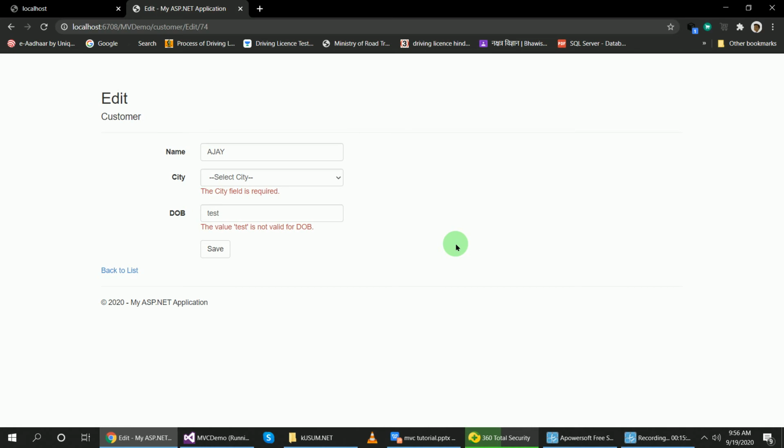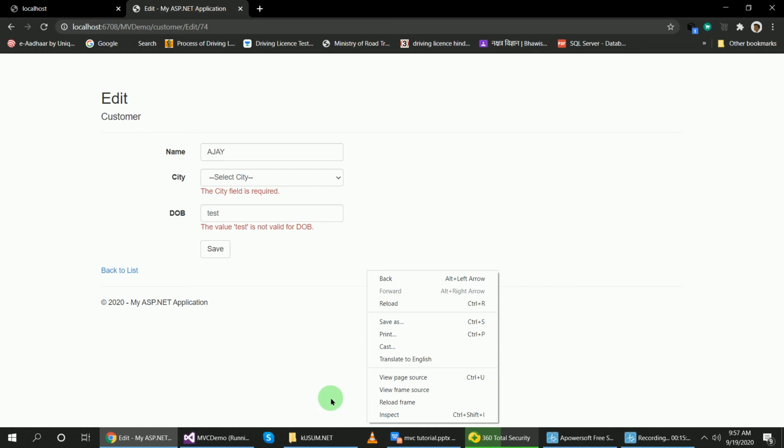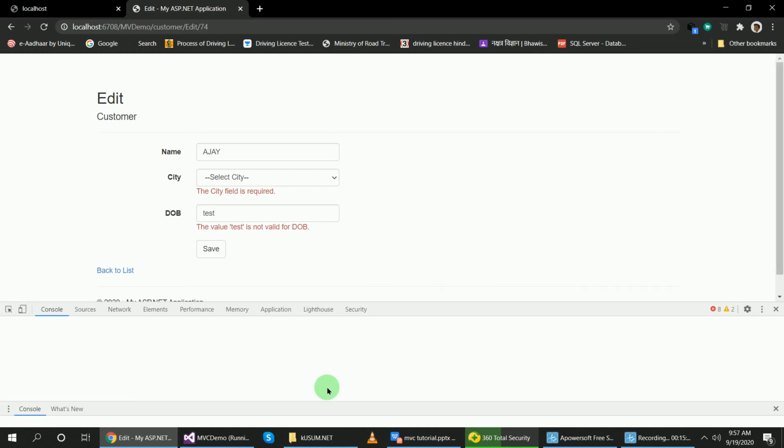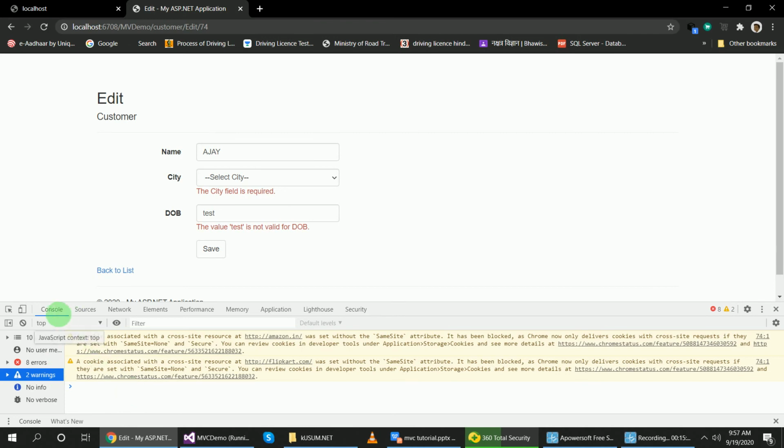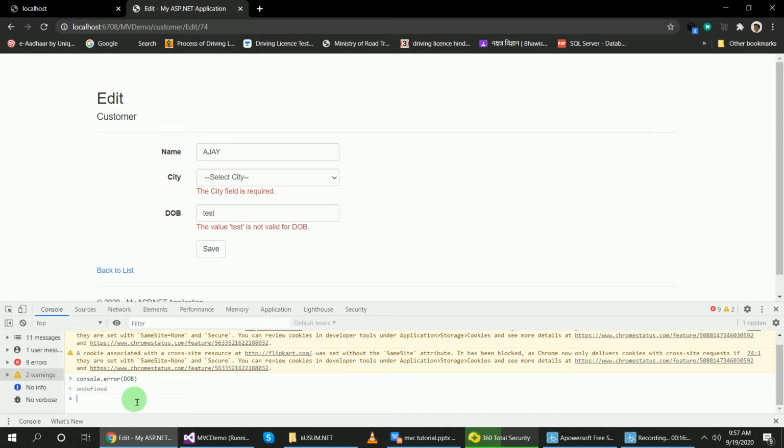And what is the problem there? So we will go to the immediate window, right click on this and press F12, and inside of this console I will pass console.error, and inside that DOB, date of birth. It says it is undefined.